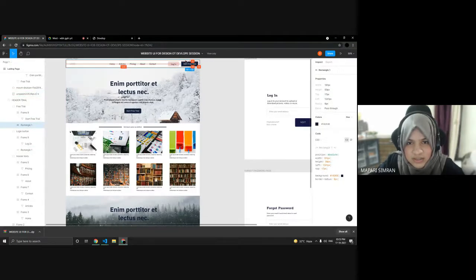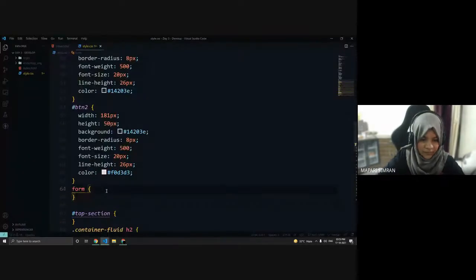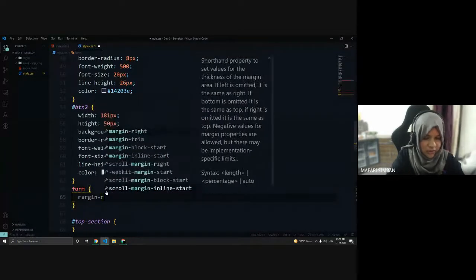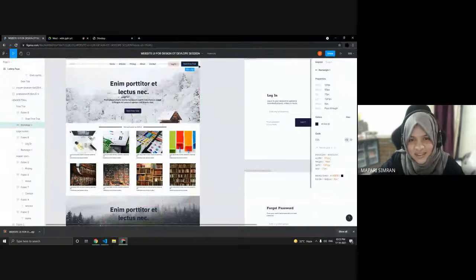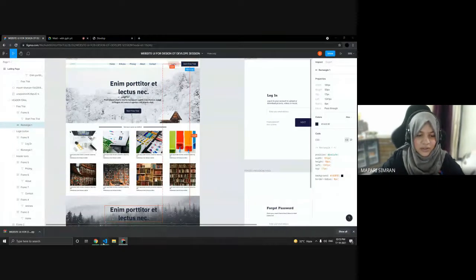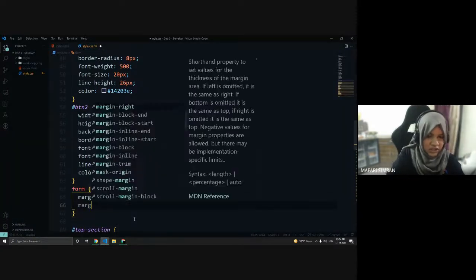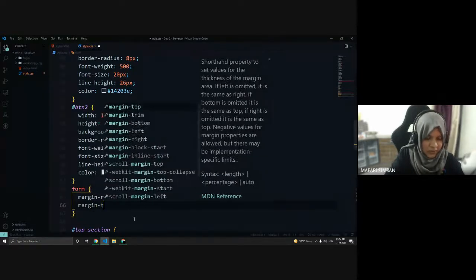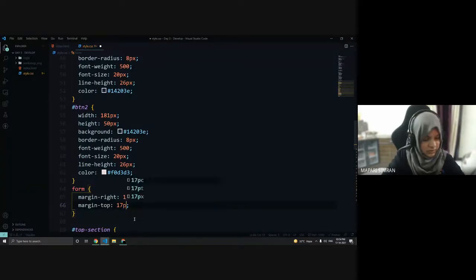The margin top is 17, and from here we want it to be at 18 px, so we'll give that here. Margin right was something I forgot. Okay, sorry. Margin right 18 px, and margin top 17 px.